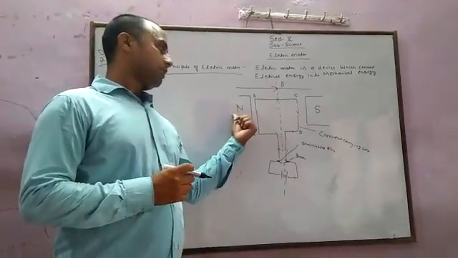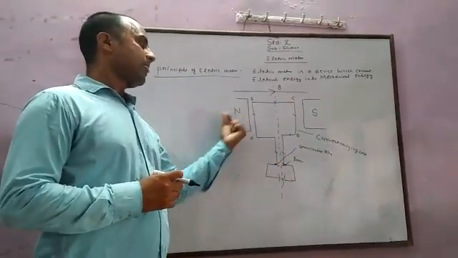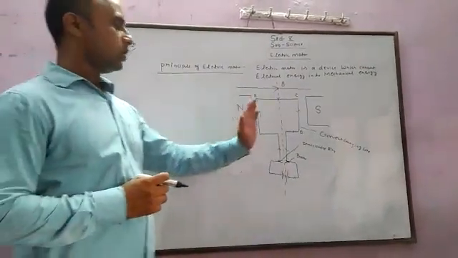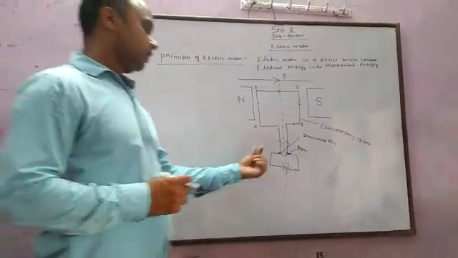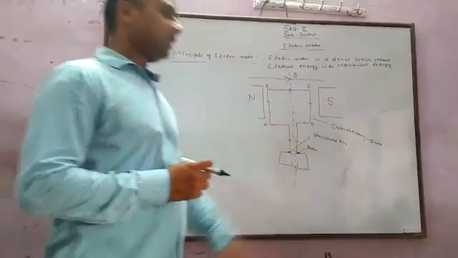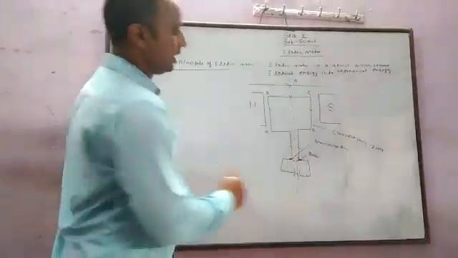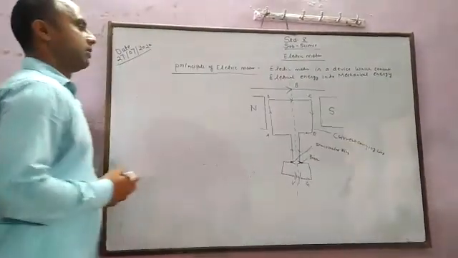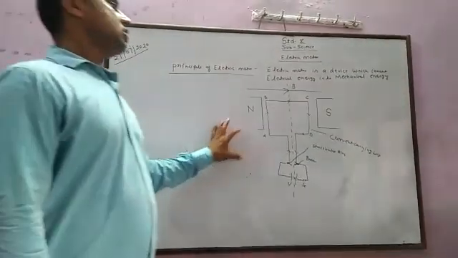So first we have to remember this is a permanent magnet and a coil is placed in between them. After a coil is placed in the magnetic field, it experiences a force. Because of that force, it can be rotated, and there are two semicircular rings, because of the connection of the two wires, and after that the brushes are connected to each other. After that a variable source is connected, and here a key is connected also. Hence this is the basic principle, basic construction of the electric motor.